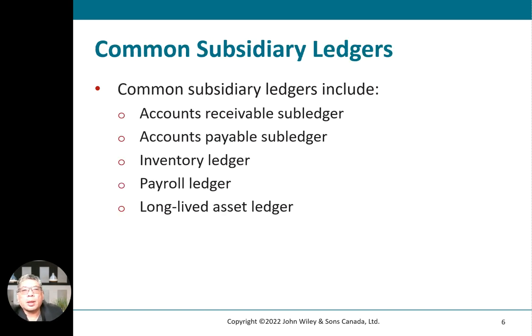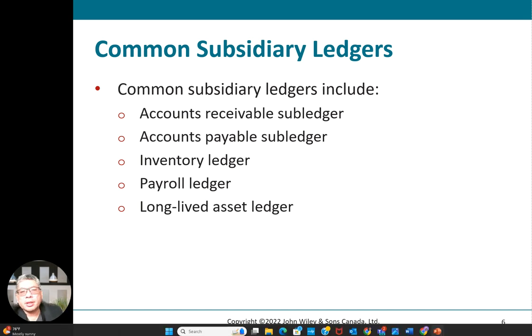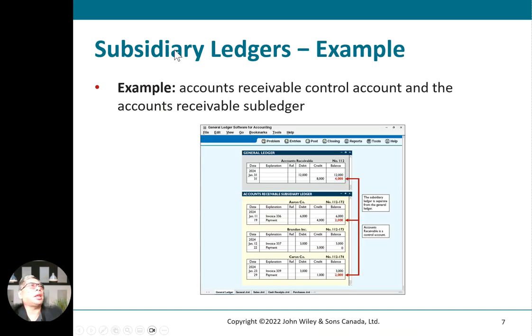The common subsidiary ledgers include accounts receivable subledgers, accounts payable subledgers, inventory ledgers, payroll ledgers, and long-lived asset ledgers. These are the most common ones, one, two, three, four, five. These are the ledgers that are always used in any